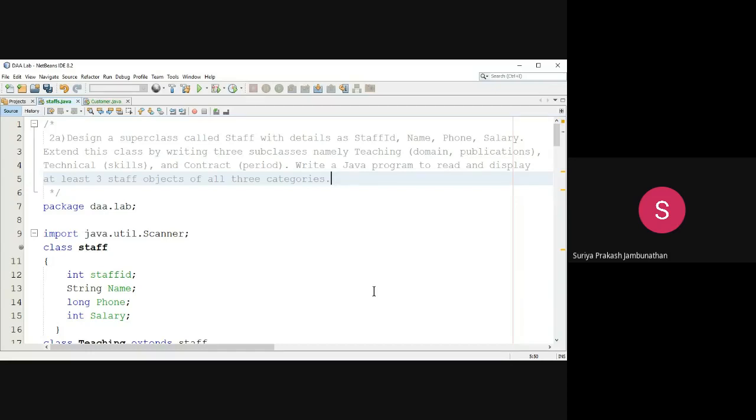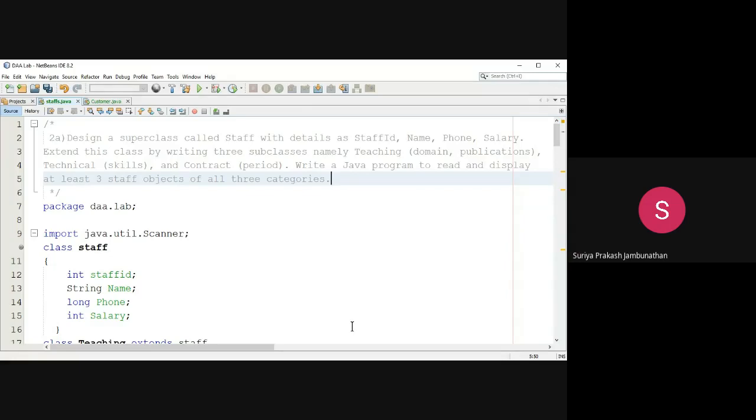Next to that, the first class we are having is class staff. Class staff has four variable declarations: int staff ID, string name, long phone, and integer salary. So these are the four variables we have to declare.